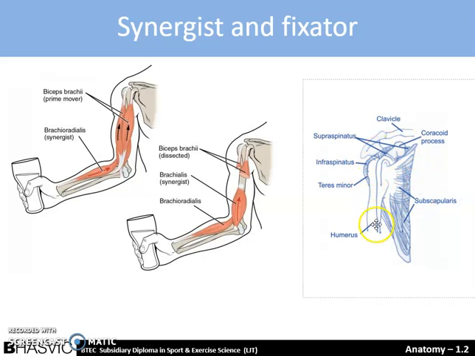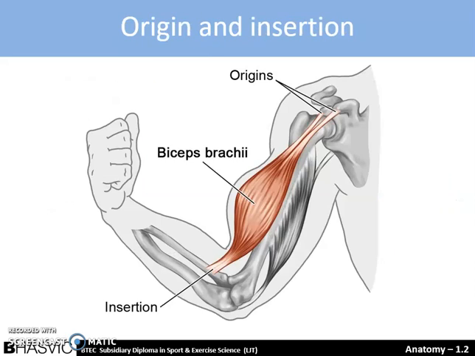These fixators are located around the origin of a joint. So for example, any movement coming from this direction, this direction, this direction, the muscles around these areas are able to stop any unwanted movement through isometric contraction, where you increase the tone, the contraction, but no movement is produced. So this diagram is being used to show the origin and insertion of a movement taking